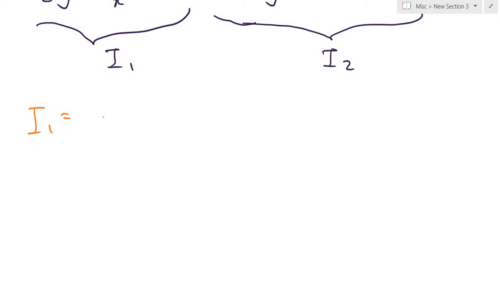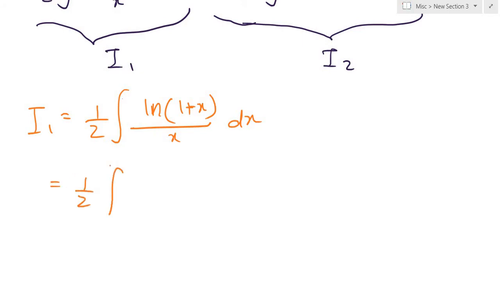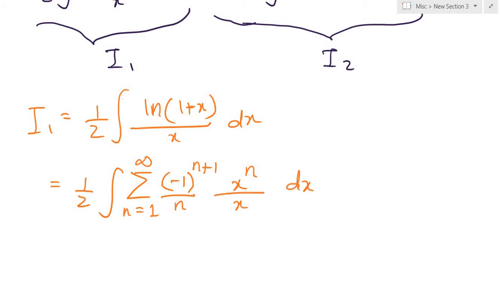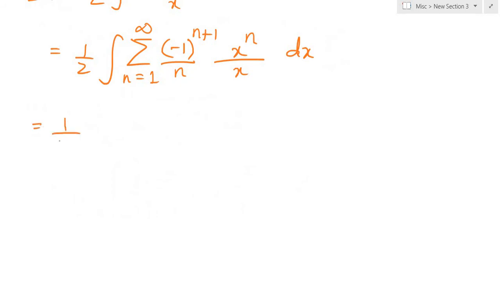So basically I1 is nothing but half of the integral of ln of 1 plus x all over x dx. And immediately looking at the numerator, we might be tempted to use Taylor substitution. So let's go ahead and do that. So half times the integral of the sum from n equals 1 to infinity of negative 1 to the n plus 1th power divided by n times x raised to the nth power over this original x dx. So half times, well, we can interchange the integral and the infinite sum,